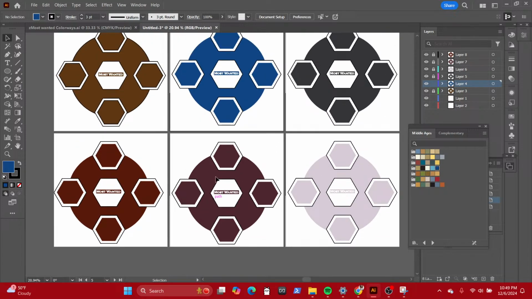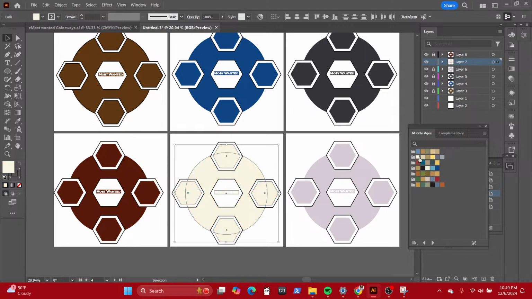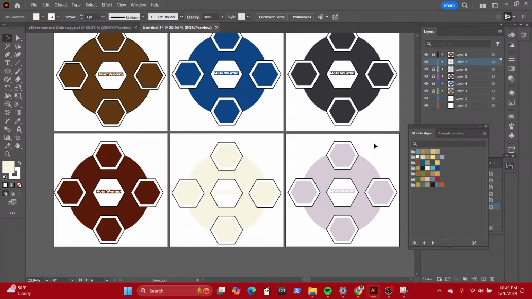Now that I really look at this one, I might end up changing it, because it is kind of similar to that brownish one. So we're gonna open that back up. So we liked everything. Do more of the color fill. I'm not gonna do that green. That green is so ugly. Yes, we're gonna do that.